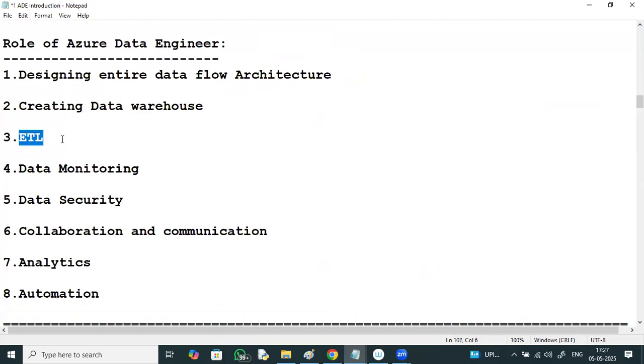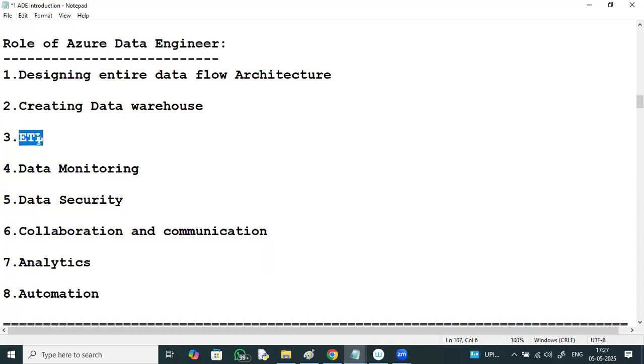ETL: extract, transform, and load. This is one of the key tasks of data engineers. They need to extract the data from multiple sources, transform it into structured and queryable data, and then load this data into the company's storage service for the further business evaluations by the data scientist.